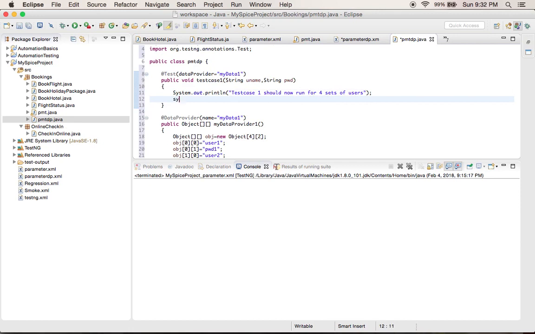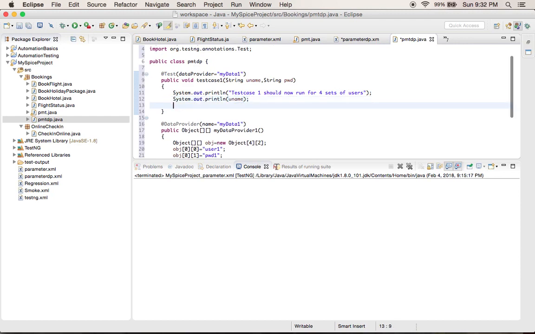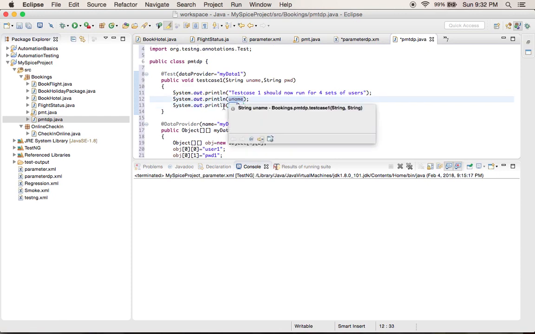So I'm just printing whatever users I have here. I called it uname is my username and then my password is pwd. So I'm just printing this line and I'm printing what username and what password.